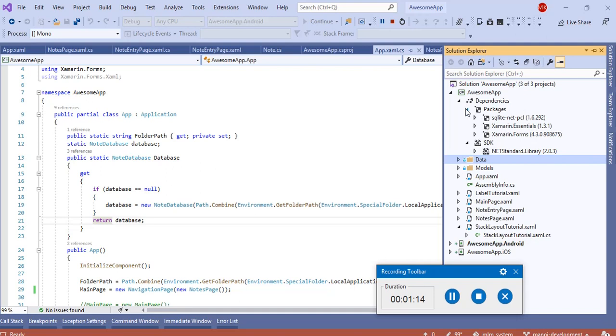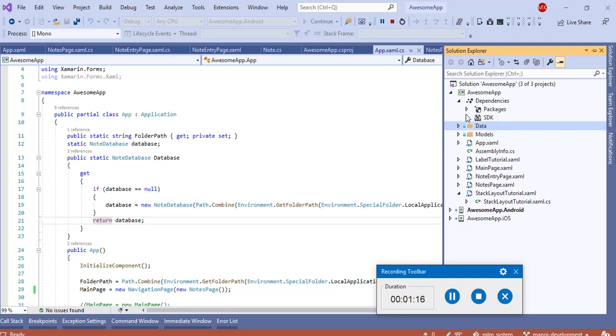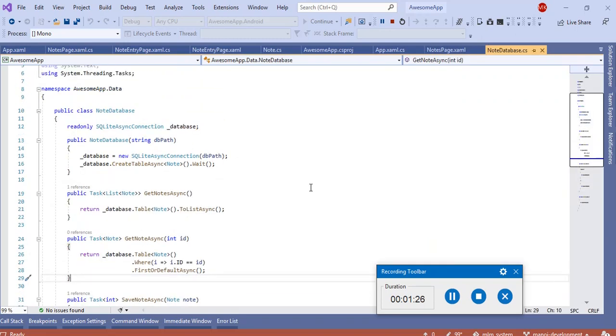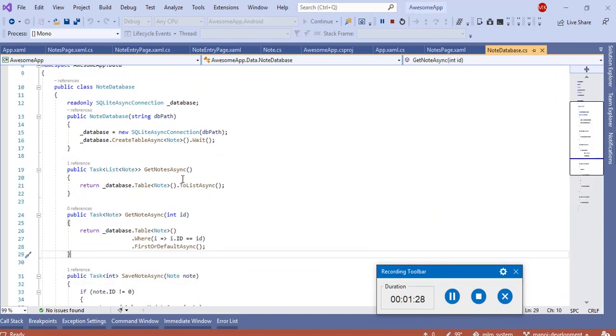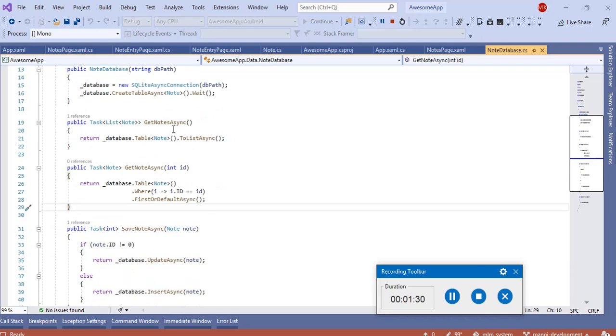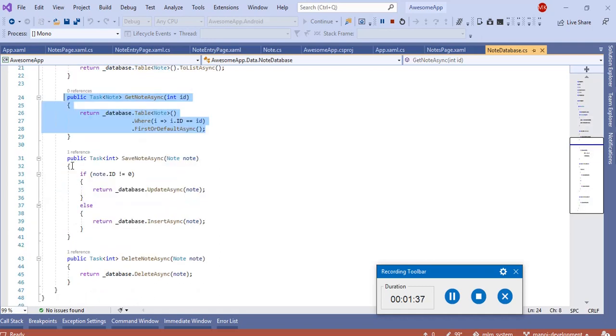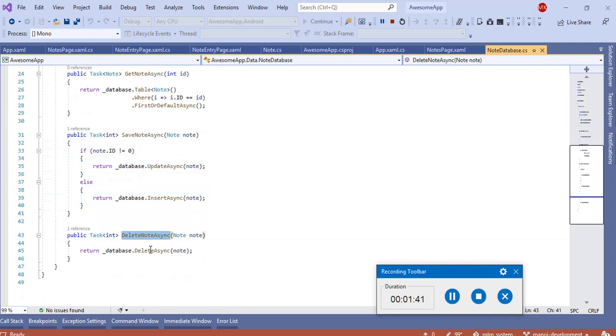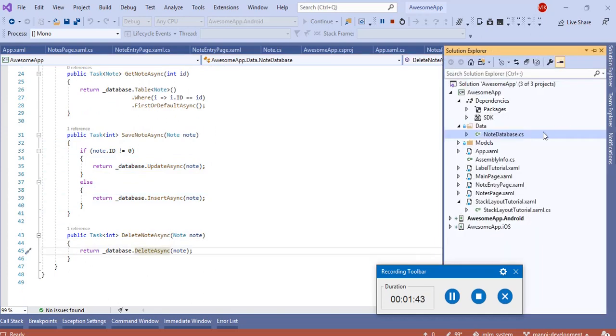any project in Xamarin. I've created a folder for data, which has the class with the methods to connect with the database, create the database, get notes from the database, get notes by ID, save notes to the database, and delete notes from the database. And here are the models.